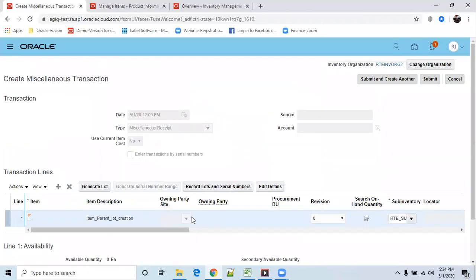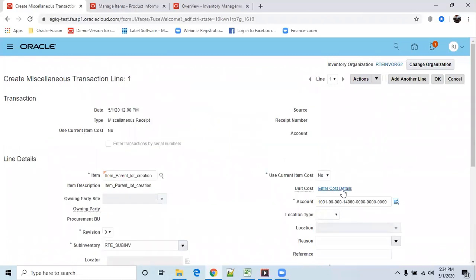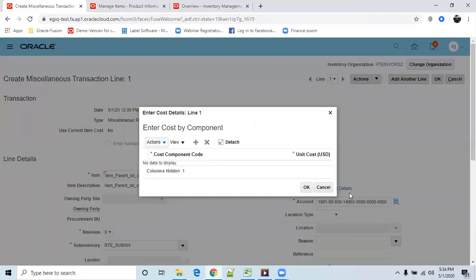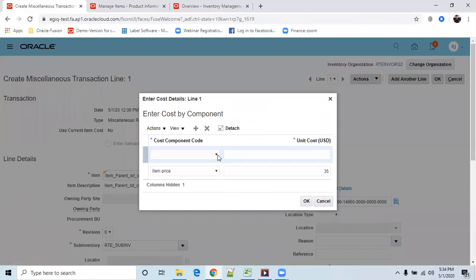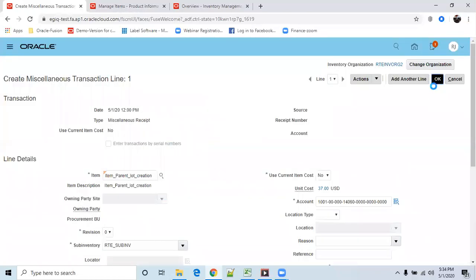You must enter the cost. Edit the details here, select enter cost details, the cost of the item. We always have two options: item price and non-recoverable tax. Click on OK.